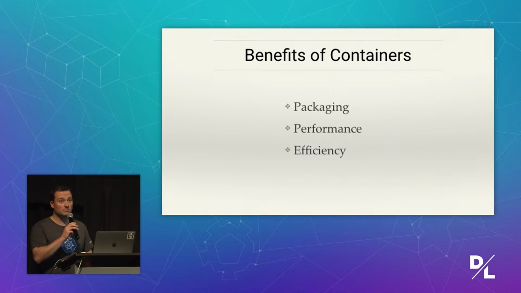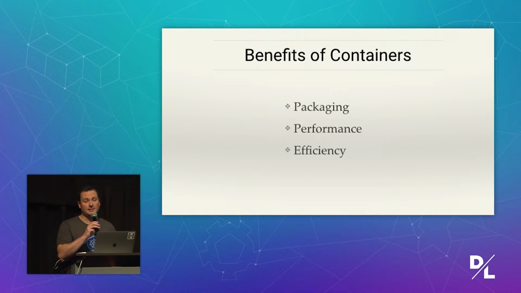Containers are also small. When built well, containers have sizes on the order of megabytes, not gigabytes like most of my virtual machines. And container images are immutable. So the artifact that you build in development, or maybe as part of your continuous integration, continuous deployment system, that image is the same. It's the same in QA, in staging, in production. And then if you have a developer that wants to figure out why the production container is having problems, they can download that exact image and run it locally on their machine.